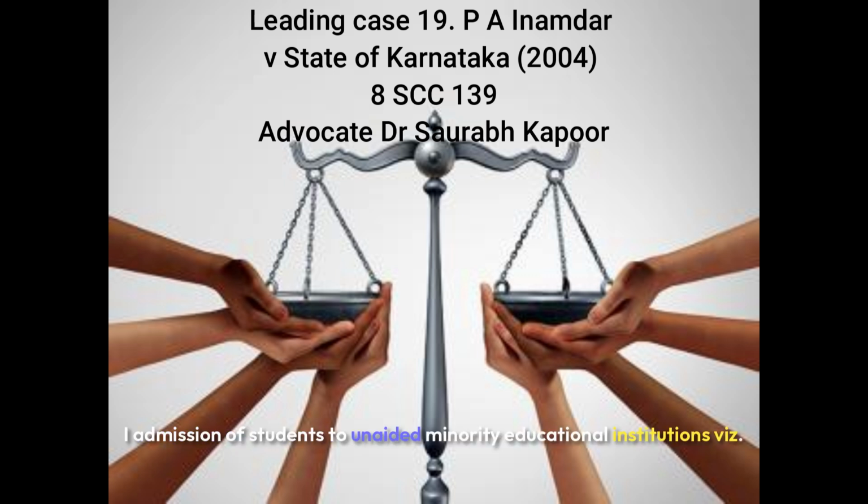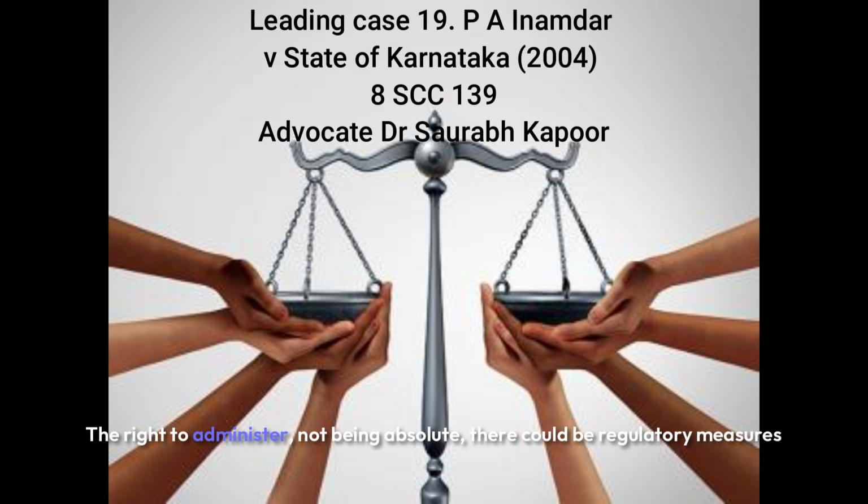Admission of students to unaided minority educational institutions, viz. schools and undergraduate colleges where the scope for merit-based selection is practically nil, cannot be regulated by the state or university concerned, except for providing the qualifications and minimum conditions of eligibility in the interest of academic standards. The right to admit students being an essential facet of the right to administer educational institutions of their choice, as contemplated under Article 30 of the Constitution, the state government or the university may not be entitled to interfere with that right, so long as the admission to the unaided educational institutions is on a transparent basis and the merit is adequately taken care of.